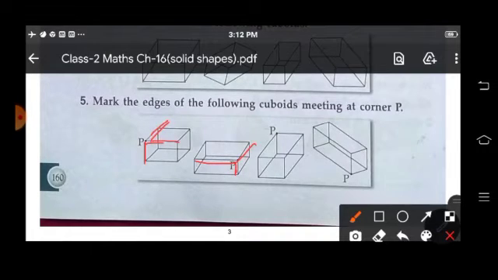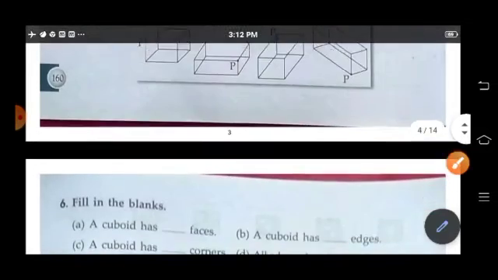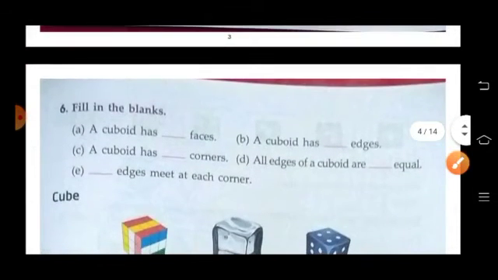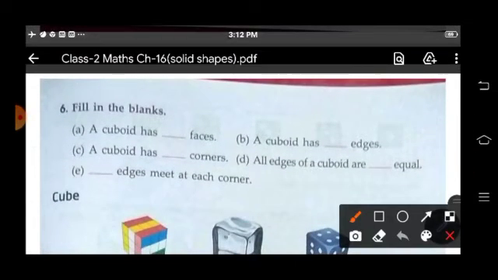So do other sums. Okay? Now fill in the blanks. A cuboid has how many faces? Yes, it has 6 faces. A cuboid has how many edges? 12 edges. Okay, so do the rest of the sums yourself.